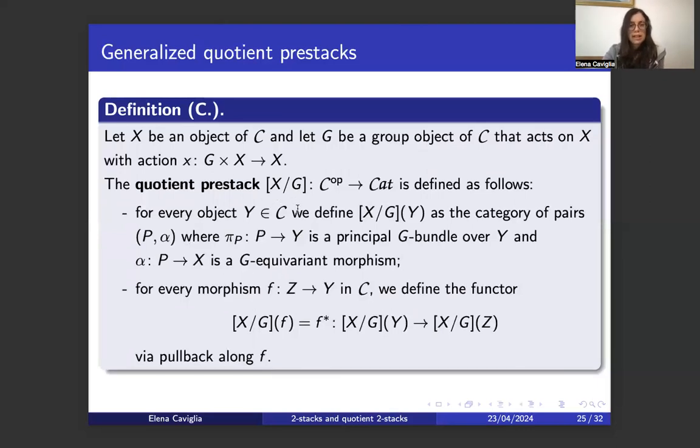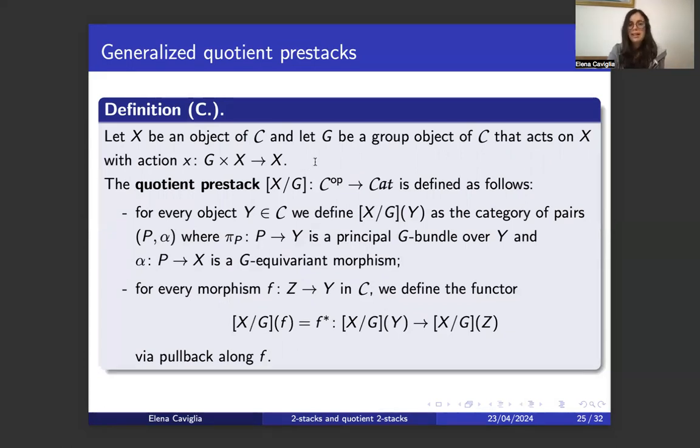For every object in the category C, X over G of this object is the category of principal G bundles over the object, all equipped with a G equivariant morphism into the fixed object X. And then for every morphism F in C, we define X over G of this morphism simply by a pullback along F. And this really gives a pseudo functor,